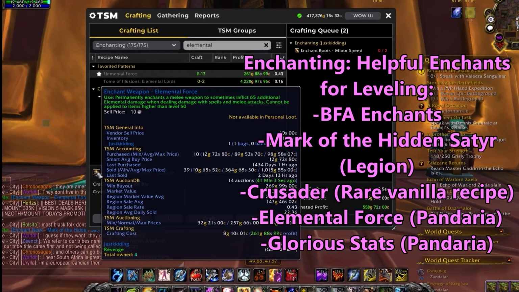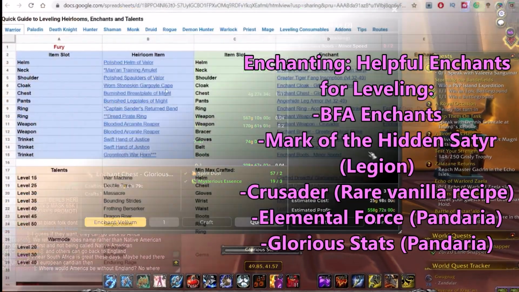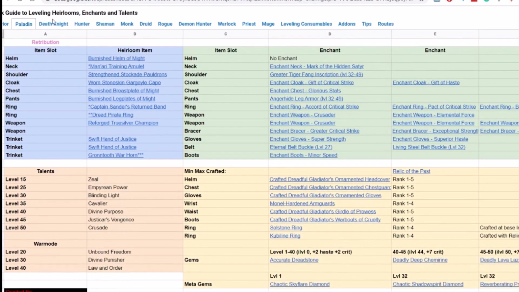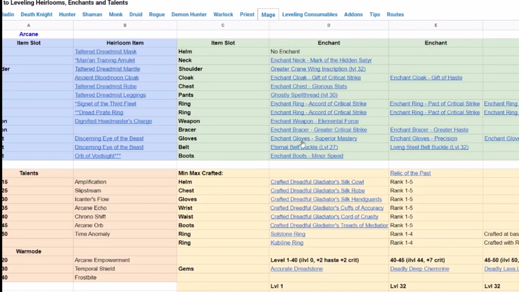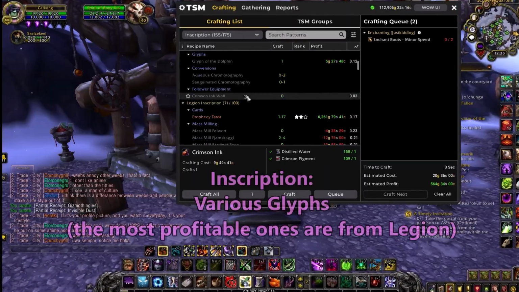And so the following are some old enchants that I will personally be focusing on. And I also provide a link below to Power Leveler Des Mephisto's spreadsheet, which outlines not only the best enchants but also gear and even gems that are the best for leveling up and that you can potentially craft for a profit as well. Going on to the last profession I want to bring up, we have Inscription, which has